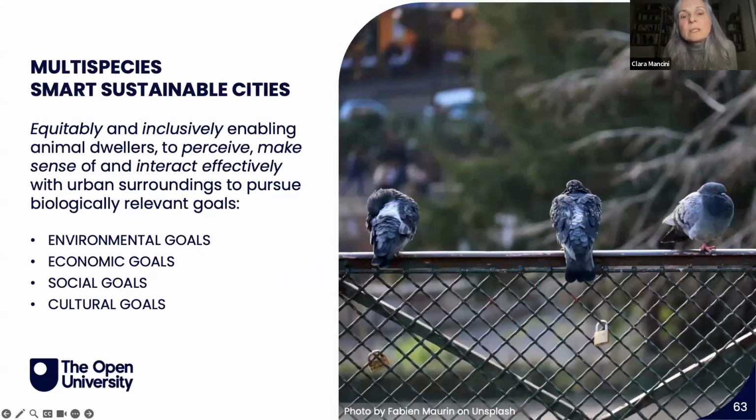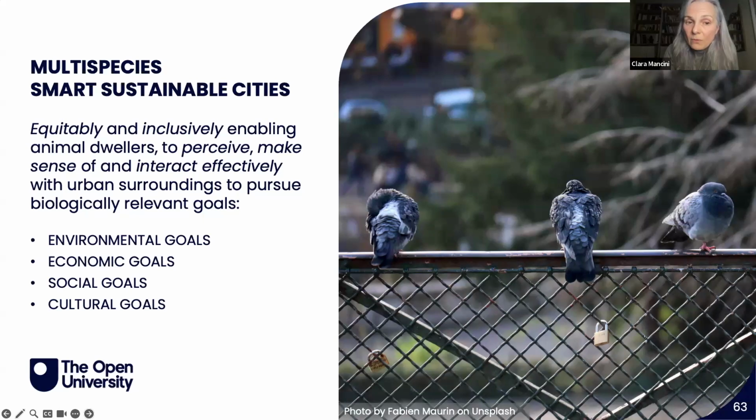But urbanization is increasingly encroaching on animals' habitats, and animals are moving into cities, which have an increasing role to play in biodiversity conservation. Thus, in order to be sustainable, smart cities need to acknowledge animal dwellers and meet their needs too. In other words, we argue that smart sustainable cities should enable animal dwellers equitably and inclusively to perceive,